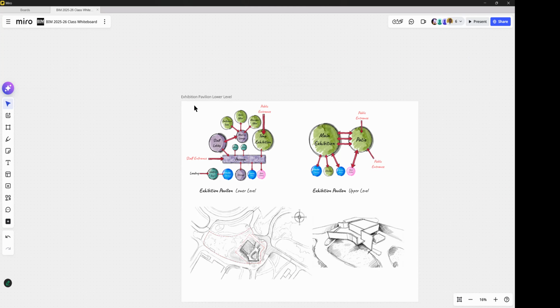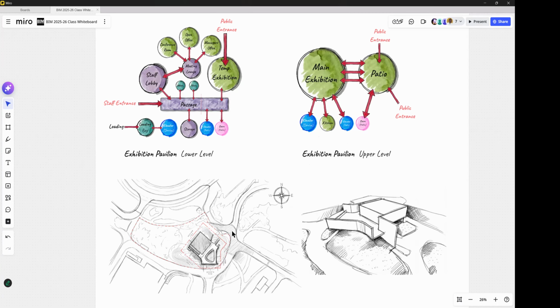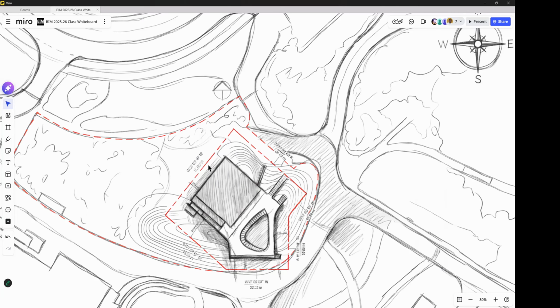No, this is the exhibition pavilion, right? I have done a bubble diagram and I have done a concept sketch. And I'm saying, give me a floor plan that would flow like this bubble diagram. And the shape of the floor plan is roughly the shape of this sketch, which is pretty much a box. It's literally just a box.